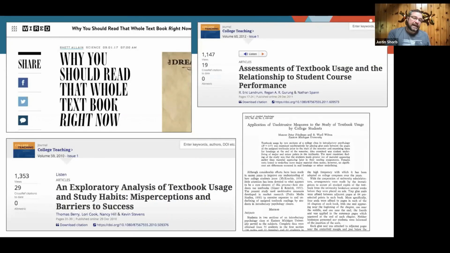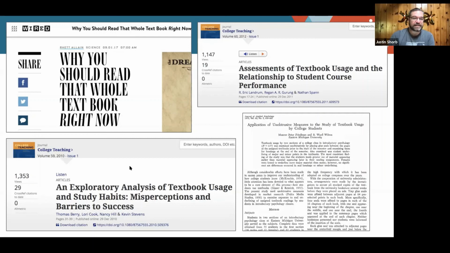Believe it or not, people have actually done a ton of research on students and their textbook use. A lot of us just assume that students are using them, or actually, the older faculty among us might be jaded enough to realize that students don't use them at all. But there's a lot of people out there that have researched it. From as far back as the 80s, or even the 70s, there have been papers.